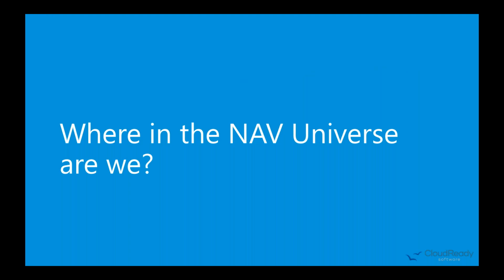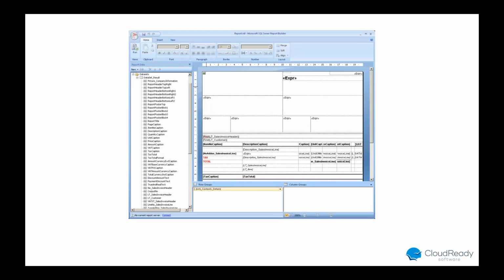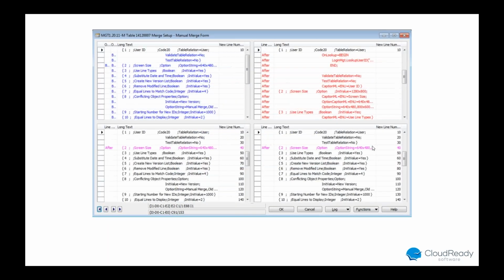As an introduction, where in the NAV universe are we? Obviously, when talking about PowerShell, we are in the tooling universe, and we know a lot of tools probably, and this is probably the tool that you will be using or are using the most at this moment, which is the Object Designer. But we obviously also have a report builder or a Visual Studio, and